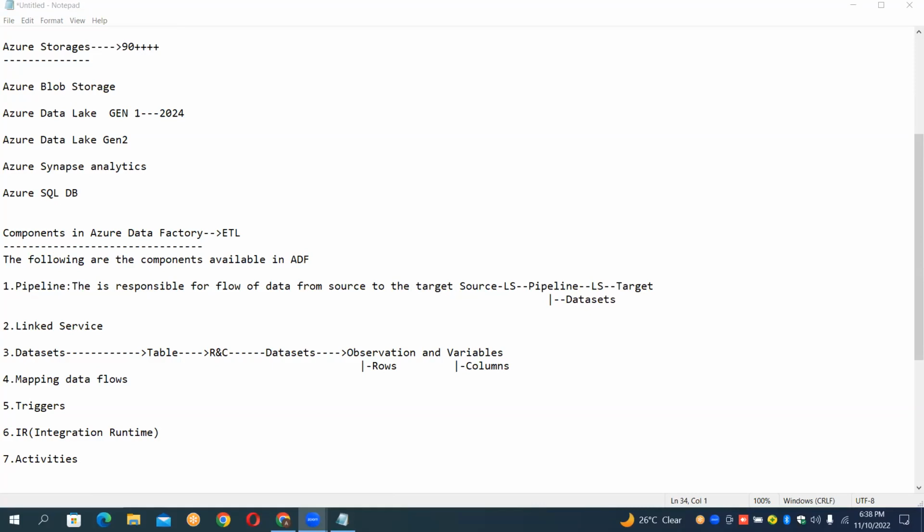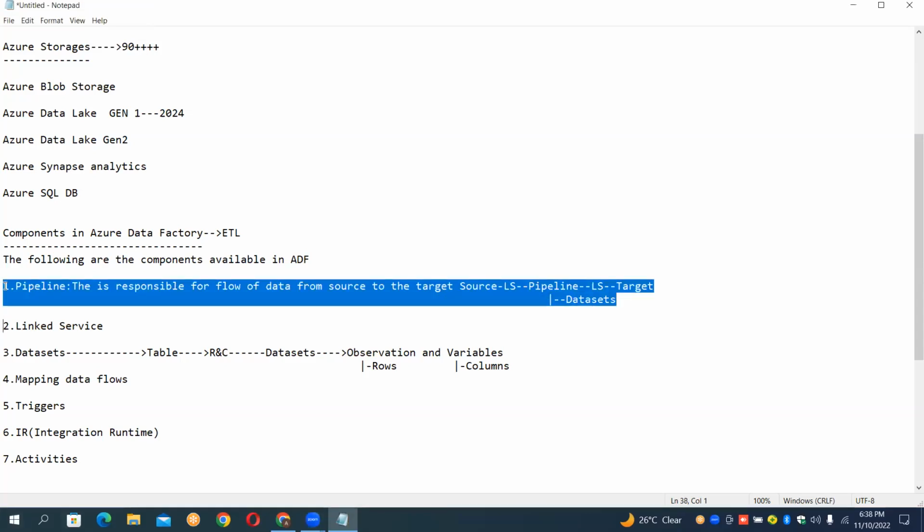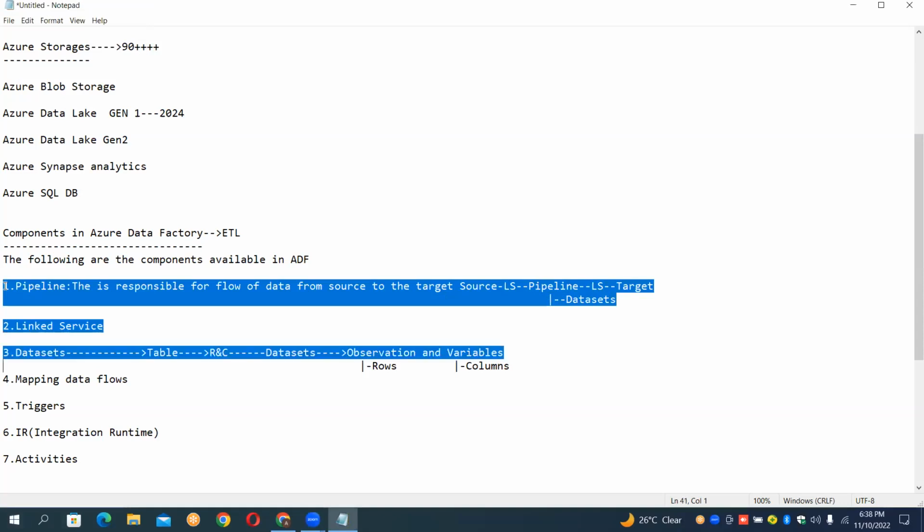So if you have multiple sources, for multiple sources, we can pick up the respective ones. For each type of data, we must and should create a data set. That is mandatory. Okay? That's it. So now, guys, these are the three important things we want. What is that? The first is the pipeline, second one is the linked service, and the third one is the